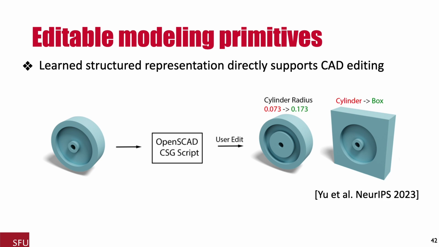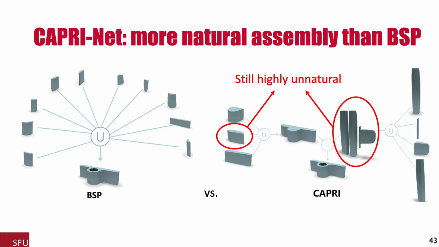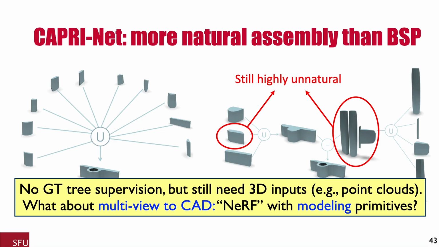Also compared to BSPNet, CAPRINet is able to get a more reasonable interpretation for a machine part because of the difference, also because of the quadrics. However, if you look at the result of CAPRINet, these primitives still don't seem to be very reasonable, actually highly implausible. So even though we don't have supervision, which is good, the problem with the CSG is that number one,